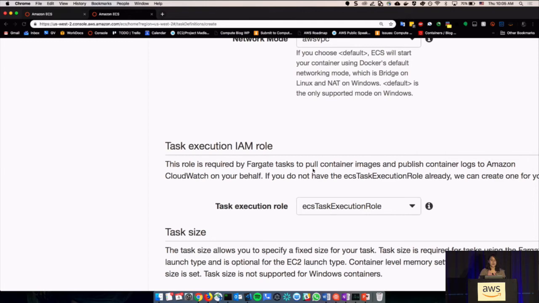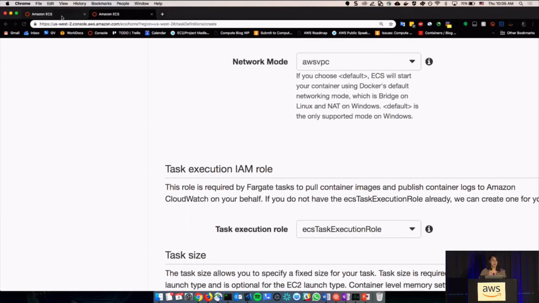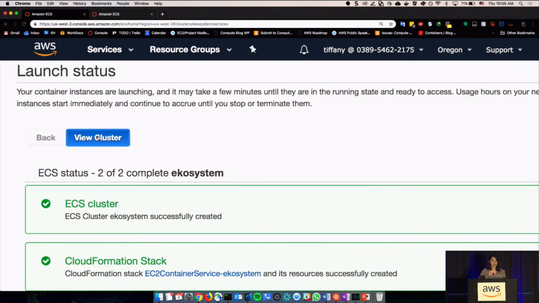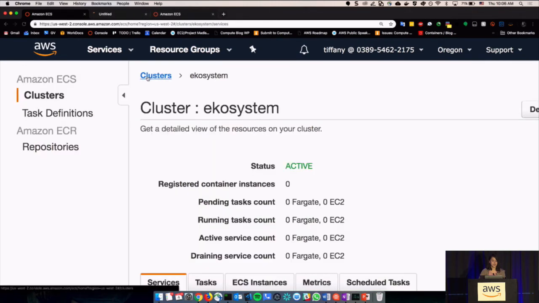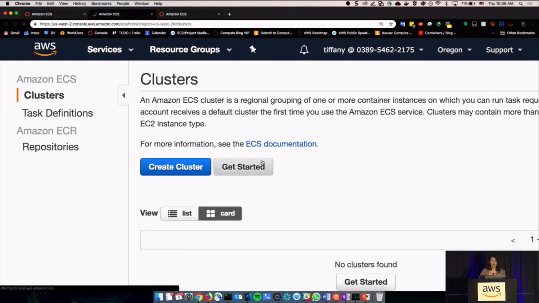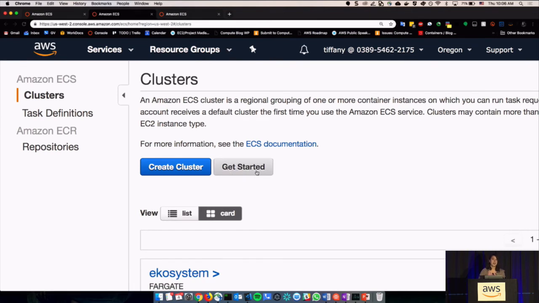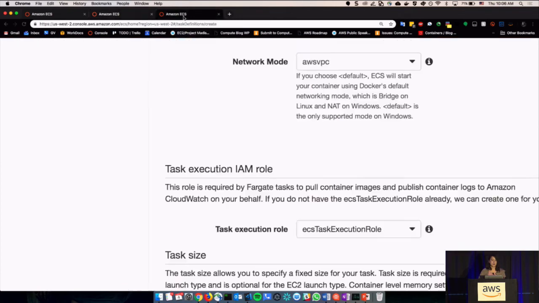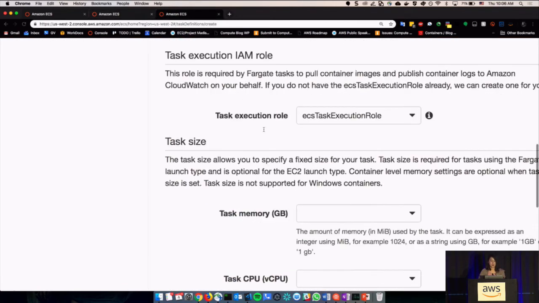If you have never used Fargate before, if you go to clusters, at the top of the screen there's a get started option, and it will walk you through how to use Fargate and set up all the infrastructure that you need, including any of the execution roles, which you can modify depending on what you need.